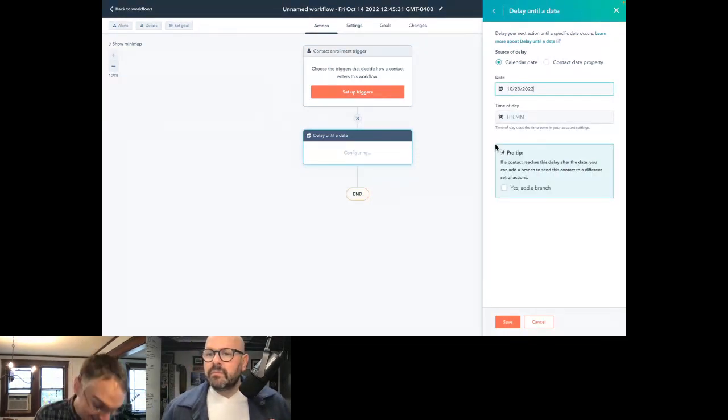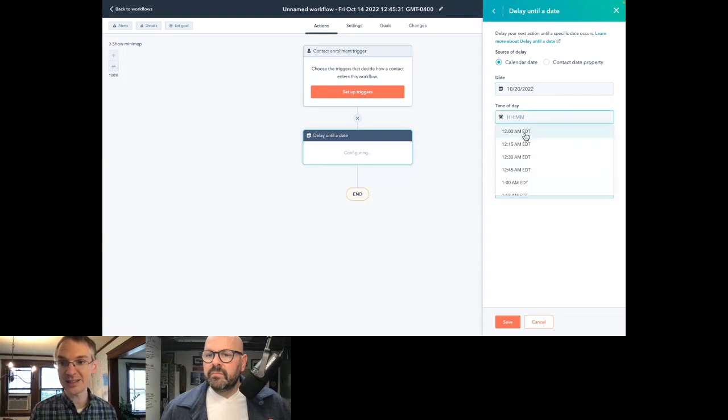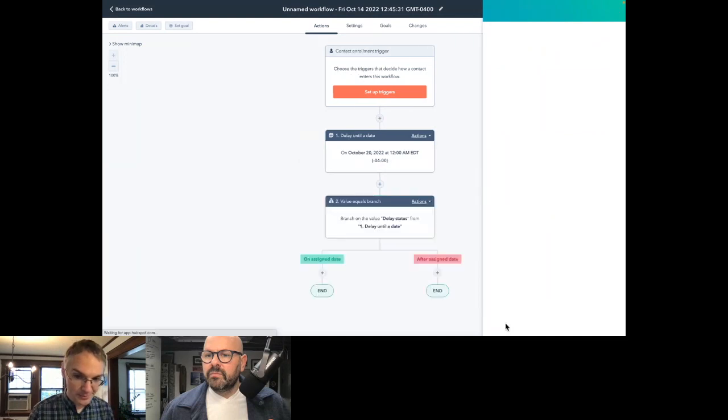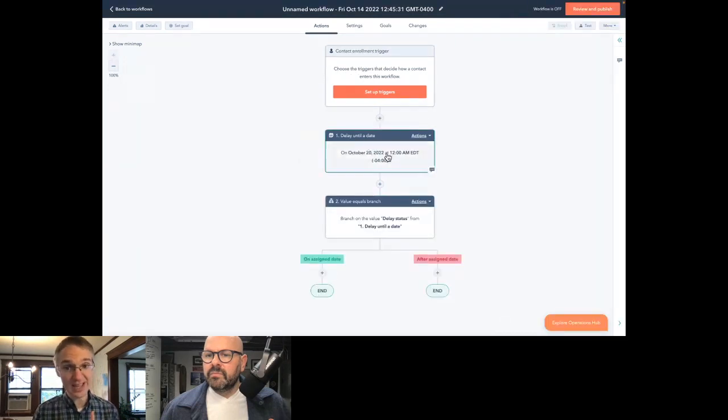But maybe my favorite part is this little thing right here. Look at this pro tip. If a contact reaches this delay after the date, you can add a branch to send this contact to a different set of actions. So let's put a date in here. Let's say yes, add a branch, and look what happens. So we now have our delay, right, until October 20th at midnight.